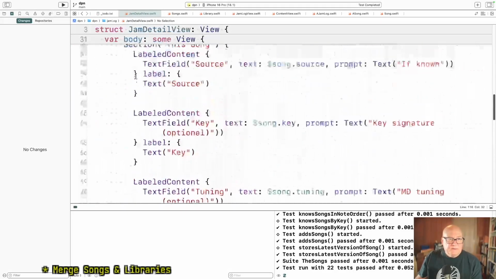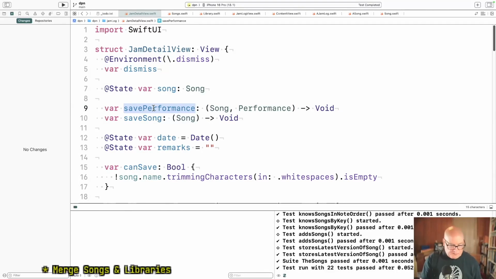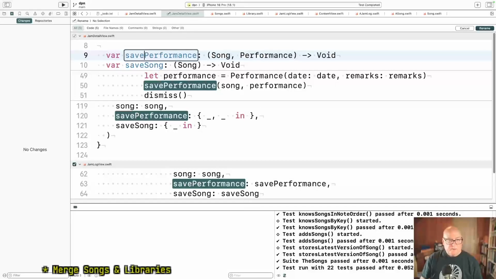Jam detail view. I think that's okay for now. This, I think I want to take your suggestion on the name change. This is really add performance.